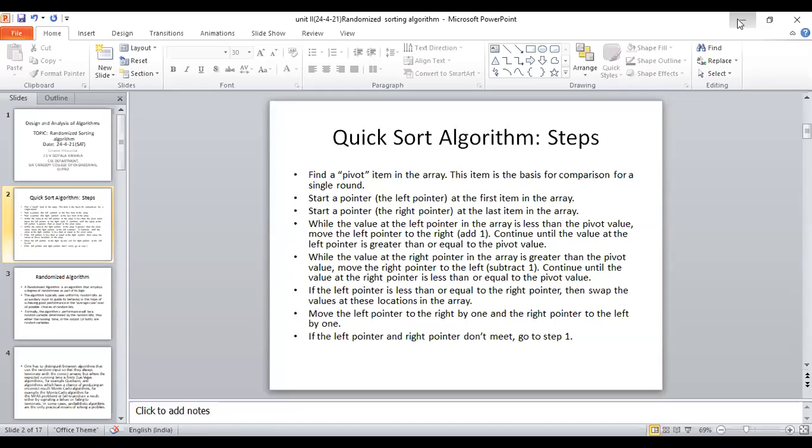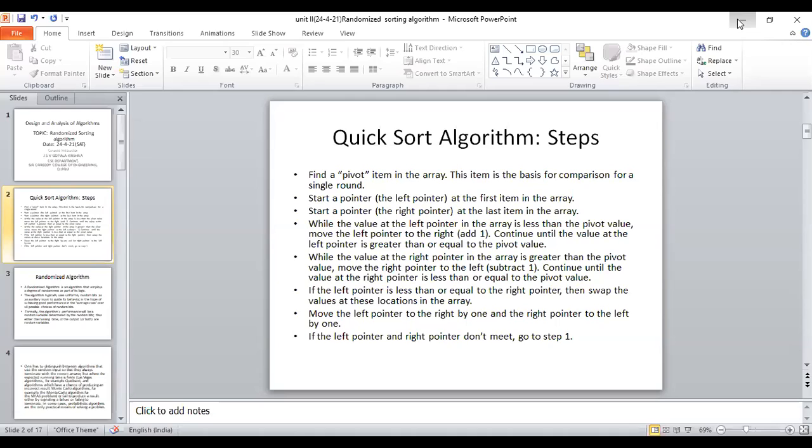A of n plus 1 is considered to be defined and must be greater than or equal to all elements in A of 1 to n. If p less than q, then if q minus p greater than 5, then interchange. We are doing the interchange A of random mod of q minus p plus 1 plus p, p. J equal to partition of A, p, q plus 1. So J is the position of the partitioning element. Then RQuicksort p comma j minus 1, RQuicksort j plus 1 comma q.